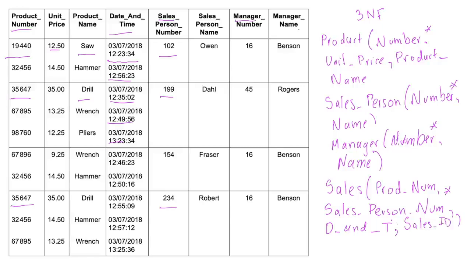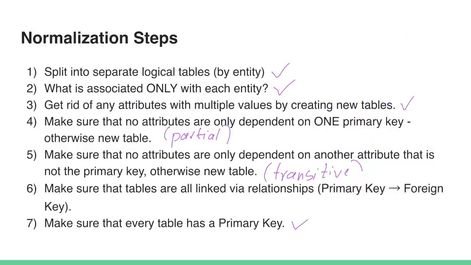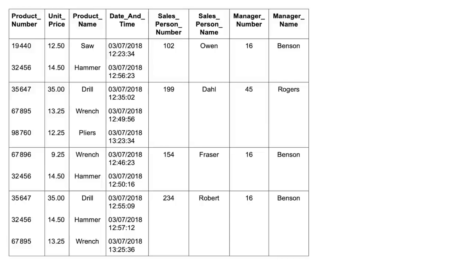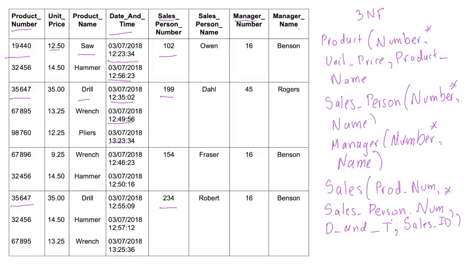So again, when in doubt, just create an ID. What this is going to be is just 1, 2, 3, 4, 5, each one of those corresponding to a unique sale. And that's basically how we normalize this. I know maybe this didn't look exactly like this right here, but I just wanted to walk you through my thought process so that you had a good understanding of how you go through and do these kinds of